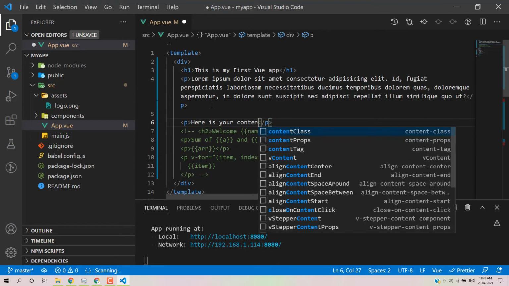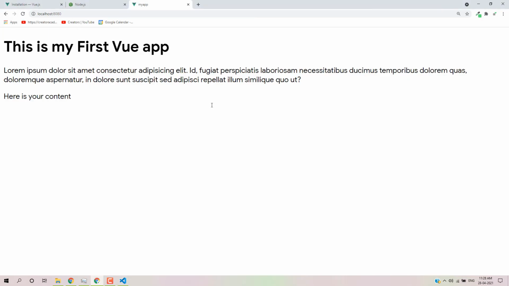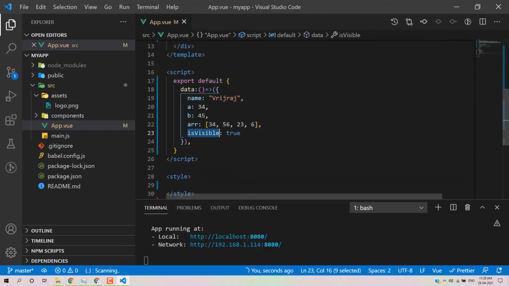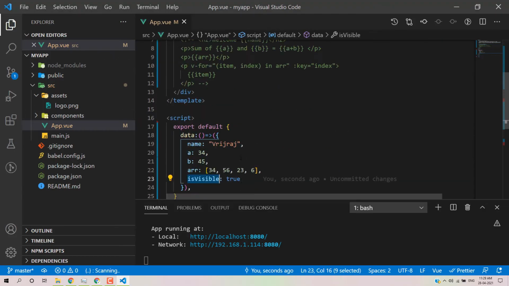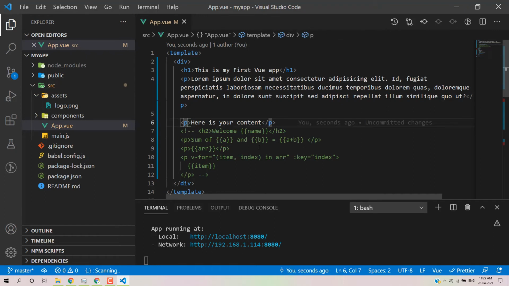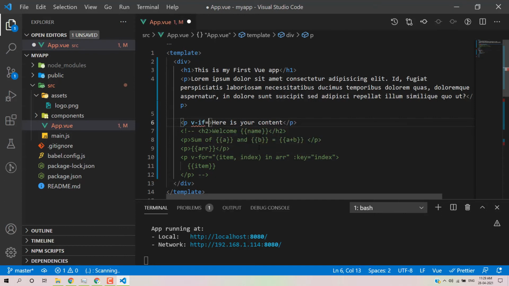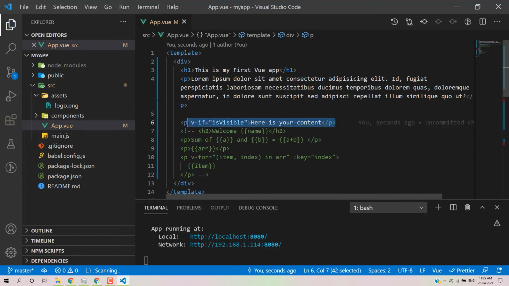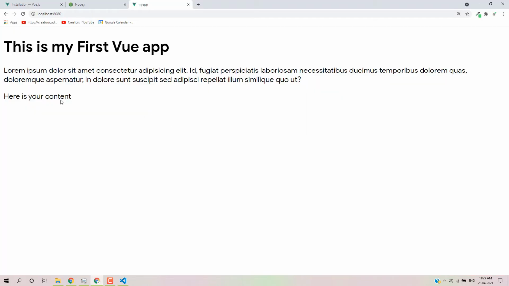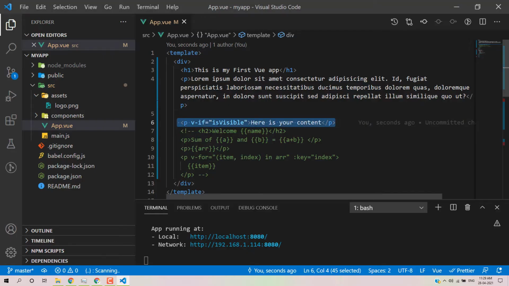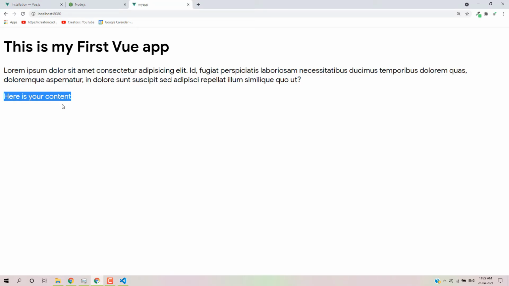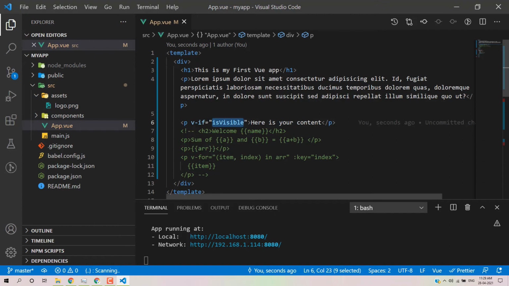So here we can apply if-else. We have to use v-if: if the visible value is true, then this p tag will be rendered. By default this value is true, so that's why we are able to see this particular content. Now let's say I change the content to false and save, so the content is hidden. You can do that with the help of this directive.